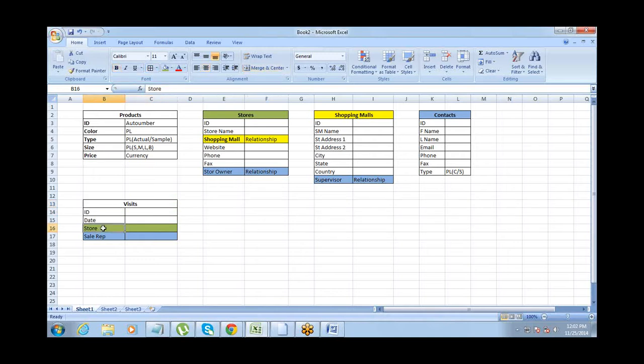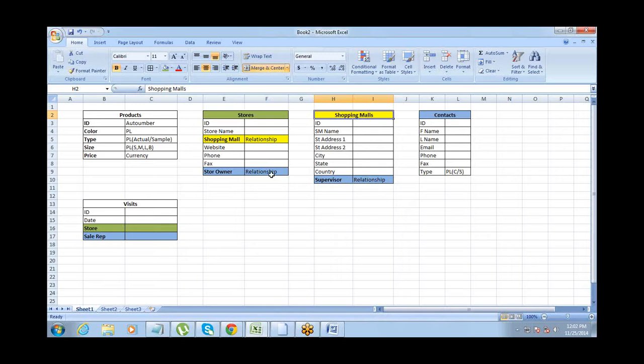So now we need to create these relationships. If you look into this nicely, you will understand these are all one-to-many relationships. One shopping mall can be connected to multiple stores, so this is a one-to-many relationship. Shopping mall to store is a one-to-many relationship.